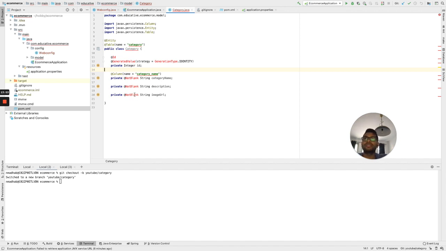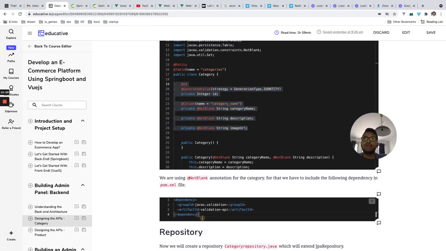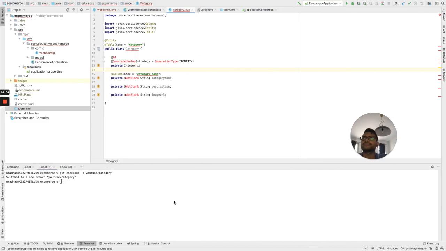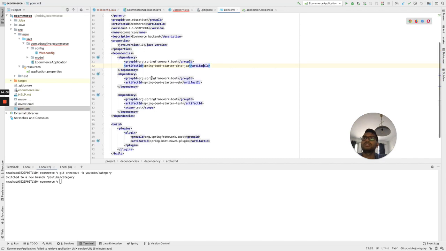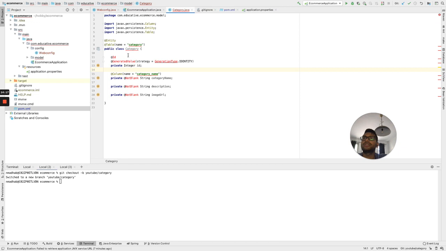So we have this NotBlank annotation, but for this we need one dependency called javax validation. So we'll add this dependency here. Now we can see that it will work.